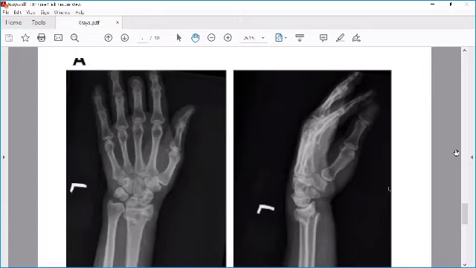What is in both Smith fracture and Colles fracture? So I'll just tell you that in Colles fracture there is supination, lateral displacement, then there will be impaction and dorsal displacement. And the position of the cast is pronation, palmar angulation, and ulnar deviation. So you read this one and remember it.